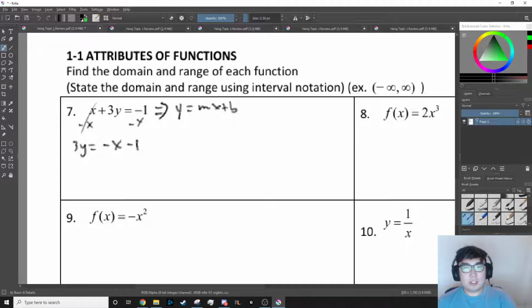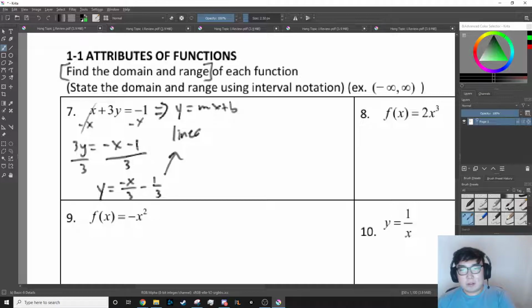When I do this, I still have a 3 next to my y, and to get rid of it I divide everything by 3. So this turns into y equals negative x over 3 minus 1 over 3. Okay, but I'm not done yet. Because the question is asking me to find the domain and range. This is a linear graph, right? Because you know that there's no power in there, and the x is just x. And if I graph it,